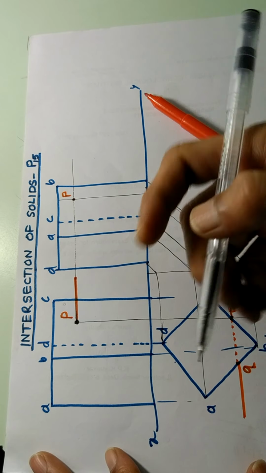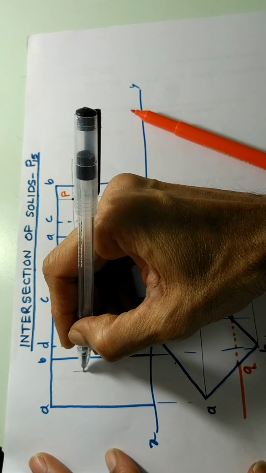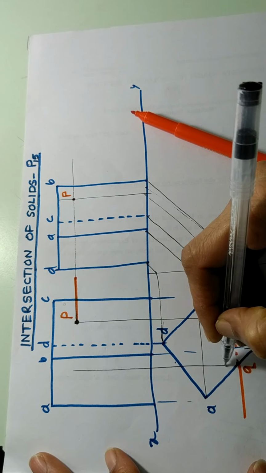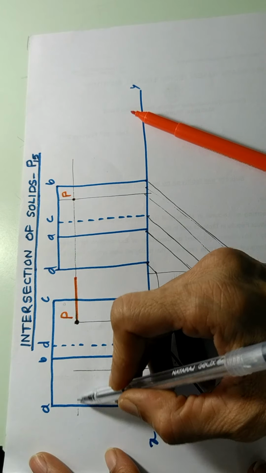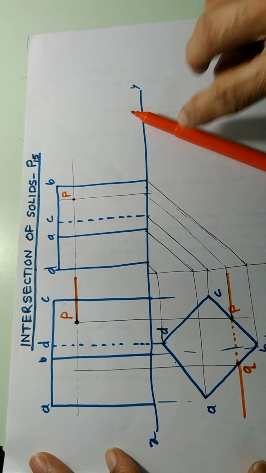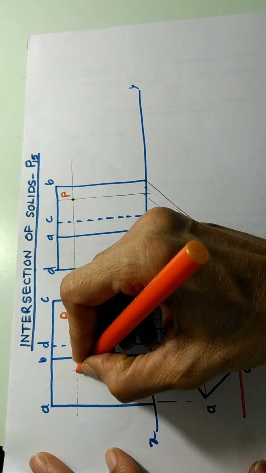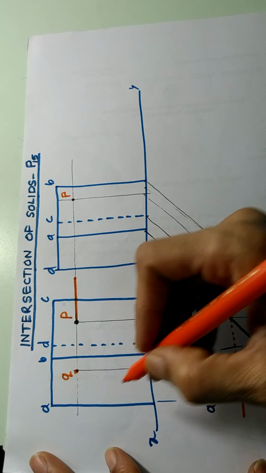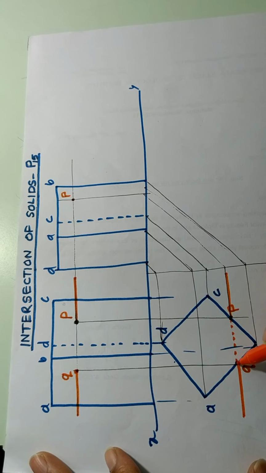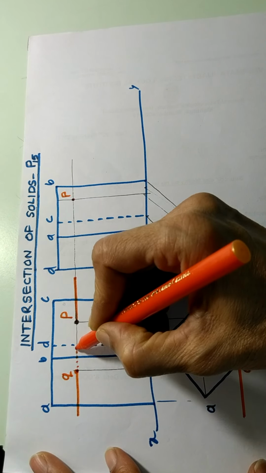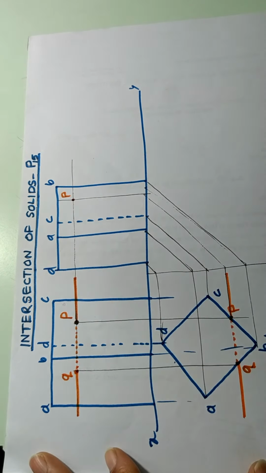Now where is point Q here? If you want to show point Q, you will have to draw a projector line which is passing from Q, and draw one more projector line in the horizontal direction like this, so that you will now definitely say that this is the position of point Q and this is the line. And between P and Q, the line is inside, therefore this part of the line will be a dotted line.